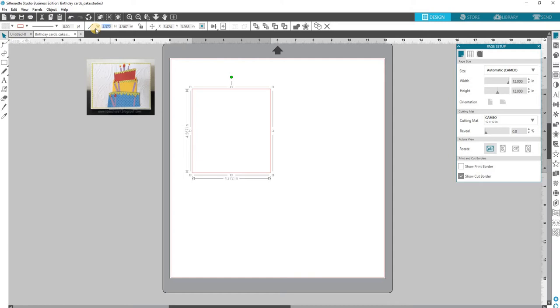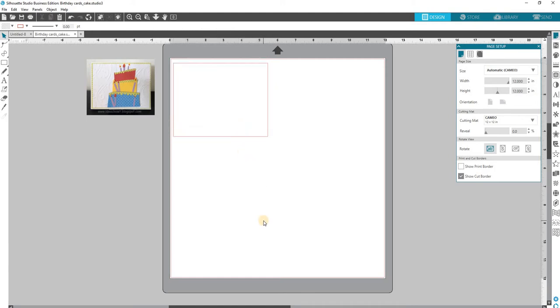I'm going to make this a little bit smaller because I actually want a border behind this piece. So I'm going to do this at 4 inches by 5.25 inches. And I know that just because I've kind of played around with it. But I got those backwards, so we're going to do 5.25 by 4. There we go. We want the horizontal. All right, and I'm just going to kind of set that off to the side